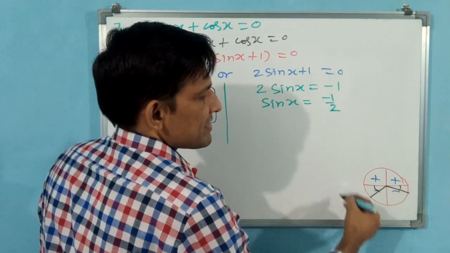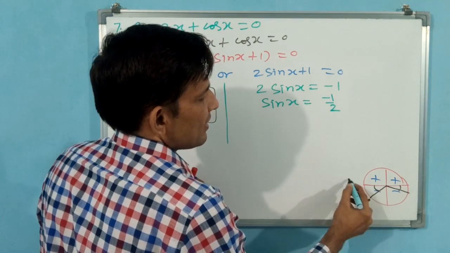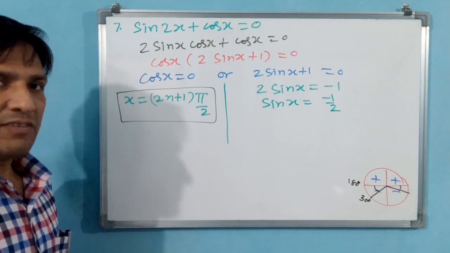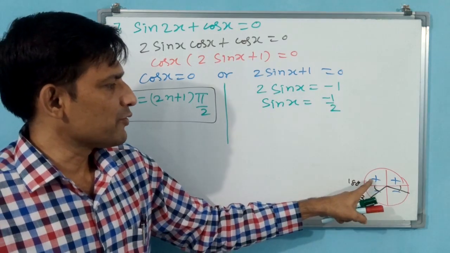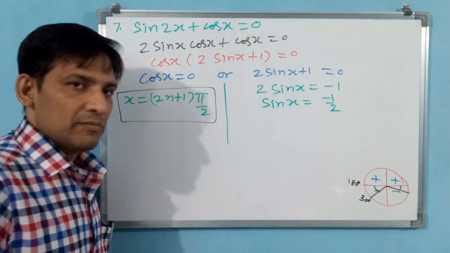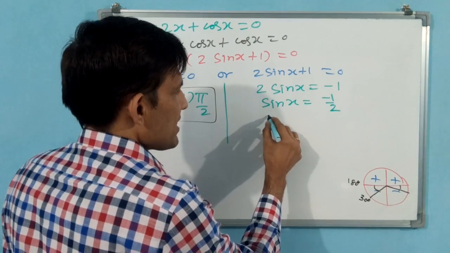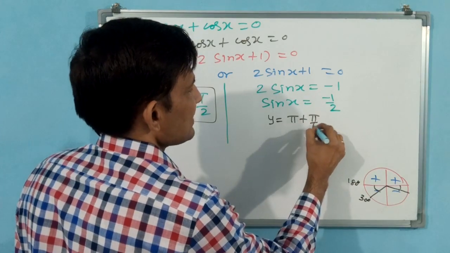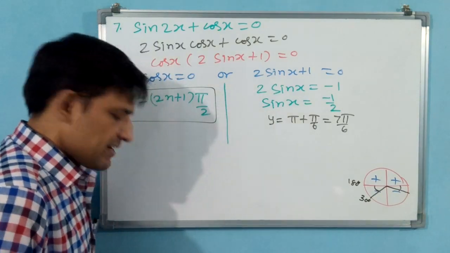In the anti-clockwise direction, first which one will come? This one will come. That means, see, this is 30 degree, 180 degree. 180 plus 30 or 180 minus 30? 180 plus 30. Why? Because 180 minus 30 means positive it is going to become. Here you want negative value. For negative value, 180 plus 30, if you go, automatically 210 will come. This value is what? y. That you observe carefully. I am writing, y is equal to 180 means pi plus 30 means pi by 6. 6 pi plus pi, 7 pi by 6. Is it okay? Definitely okay.